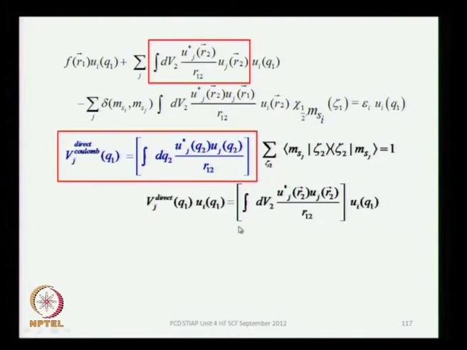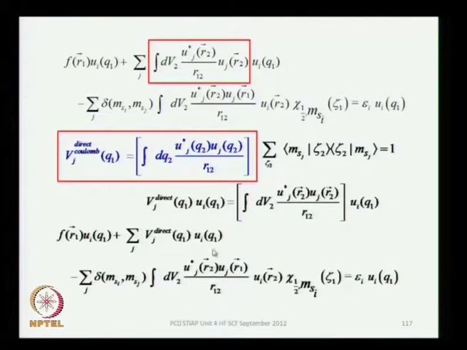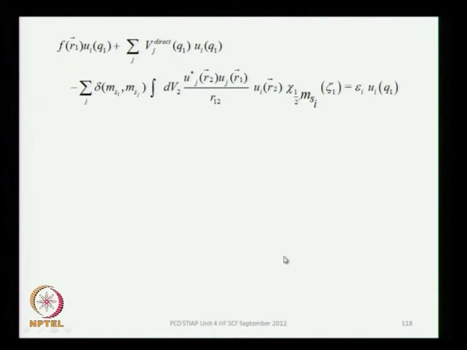So, this is the direct part, and using this direct part, this term can now be written in terms of this Coulomb operator, which is the V j direct. All the other terms have been written just as they were. The only difference I have made over here is to this term, which has now been written in terms of this V j, and then there is a summation over j that we will maintain. So, let us bring it to the top of the next slide,